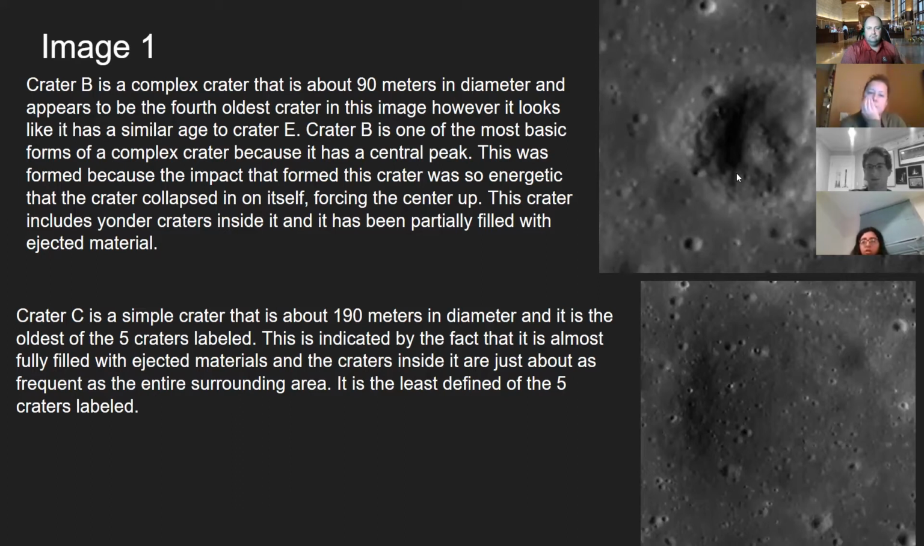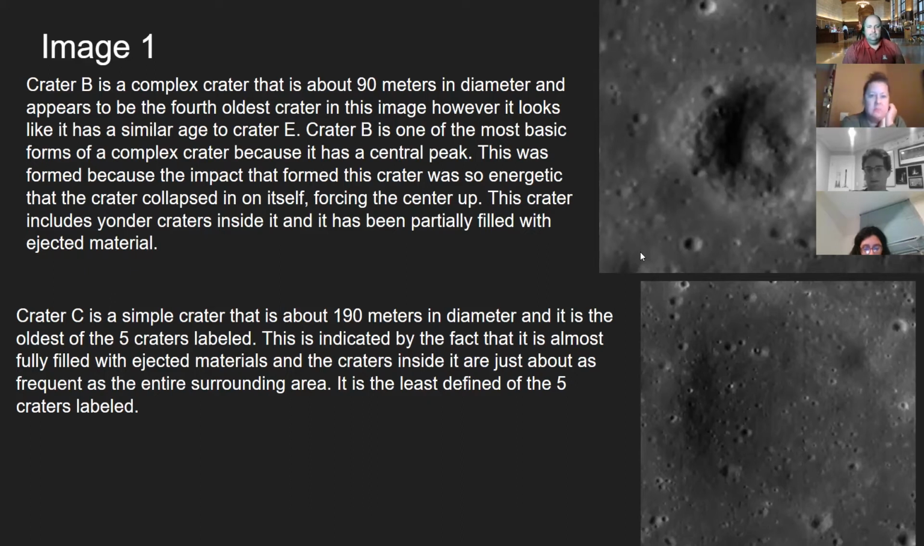This one is a complex crater because you could see a central peak in the middle, but it's the simplest complex crater. This is formed when the impact is so great that the energy from the impact causes the inside of the crater to collapse in on itself, and then that forces the center of the crater upwards. It has also been filled partially with ejected material from surrounding impacts and has had a couple other impacts inside